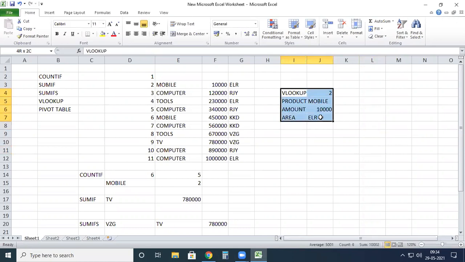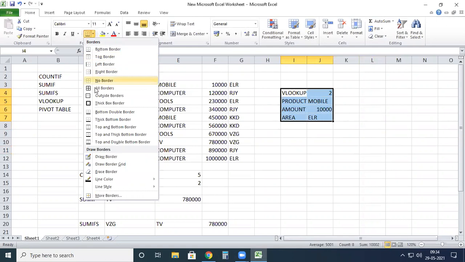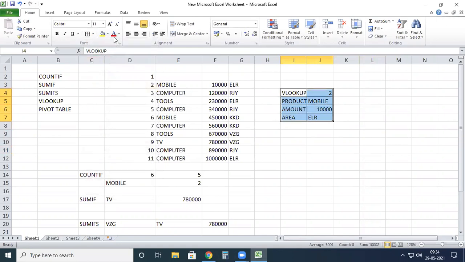Here we consider another way. We represent some border, some background color, and some text color also. For example, here I'm giving 9. What about the 9? I want to know about the 9. So TV, 7,80,000, and the area is Vizag.